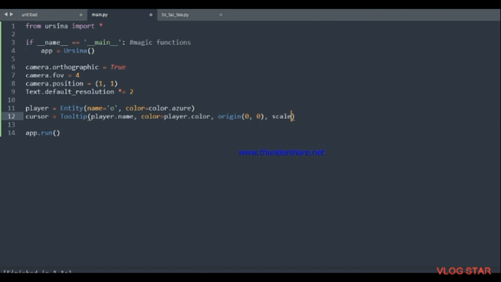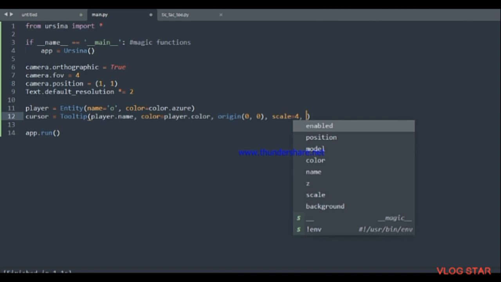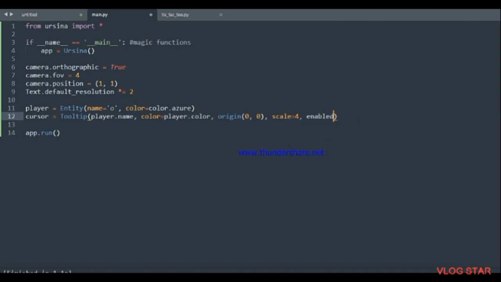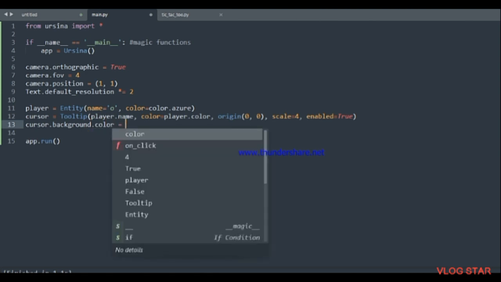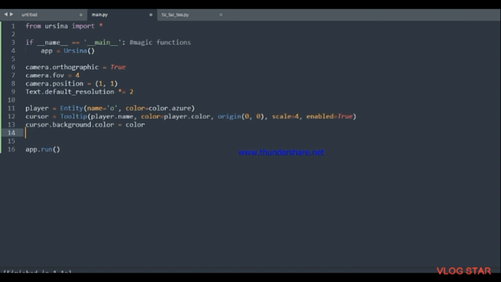So after that, I'm going to set a scale. I'm going to set it to 4. Okay, and then enabled. I'm going to set it to true. After that, I'm going to set our cursor color. So I'm going to say cursor.background.color is going to be equal to color.clear. Okay,